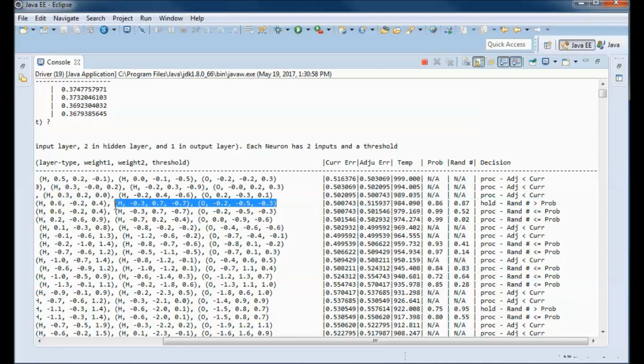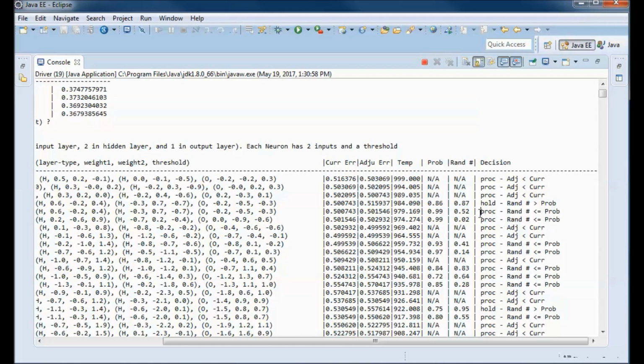So we have the same weights and threshold here. And here we have the adjusted error is bigger than the current error. So again, we take a look at the probability number and the random number, and the random number is smaller than the probability number.